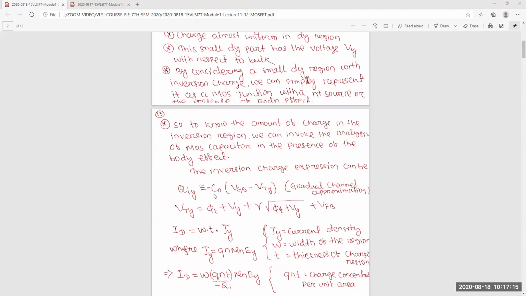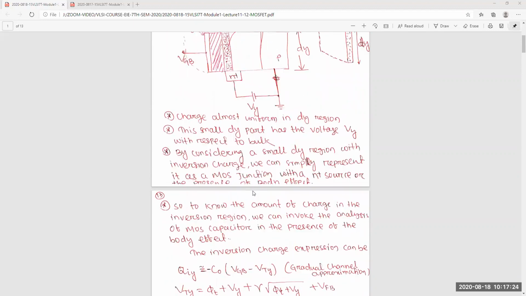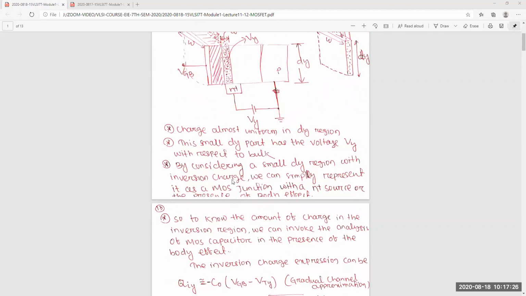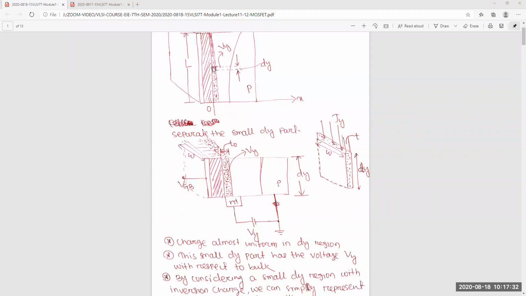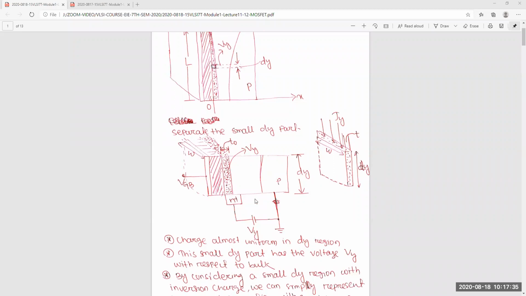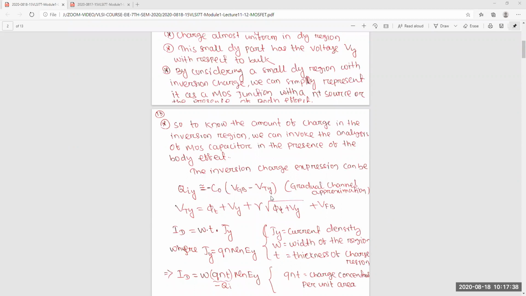we know, minus C0 (VGB minus VT). Because in this small region the threshold voltage and Q are not changing, we are assuming it's constant, but along the channel this VT or Qi is changing. That's why we have represented it as Qy. This is the charge at this interface that you have already calculated at the inversion region. So Qi is equal to minus C0 into (VGB minus VT). This you have calculated.